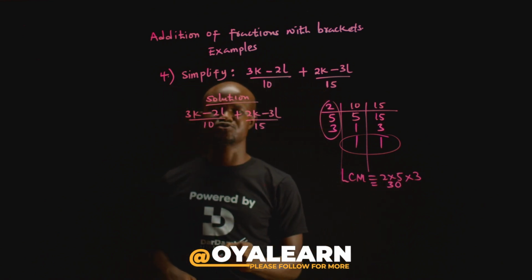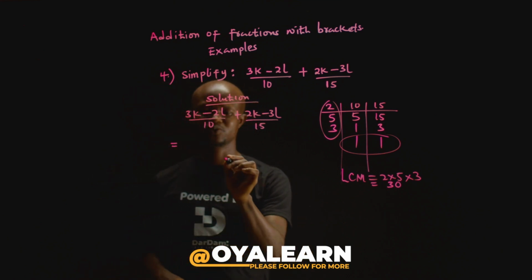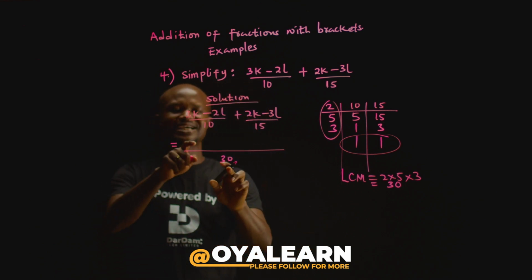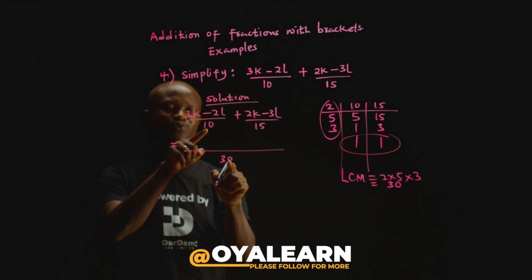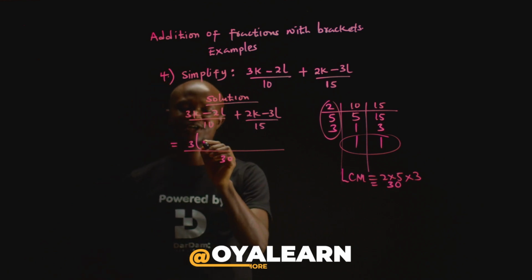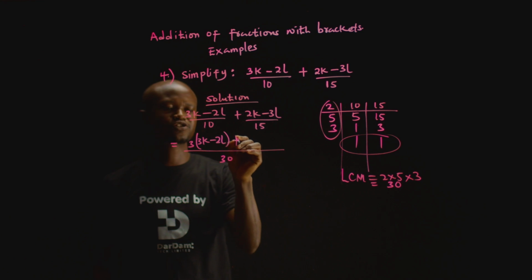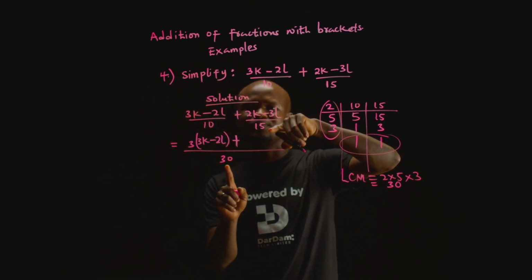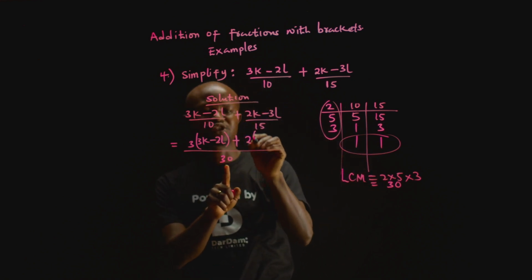So, we can now come back to the main question. We have 30 here. In this case, 30 divided by 10, what do we have? 30 divided by 10, we have 3. Then 3 will multiply the first numerator, 3k minus 2l, plus 30 divided by this 15, the second denominator. 30 divided by 15, we have what? 2. 2 will also multiply